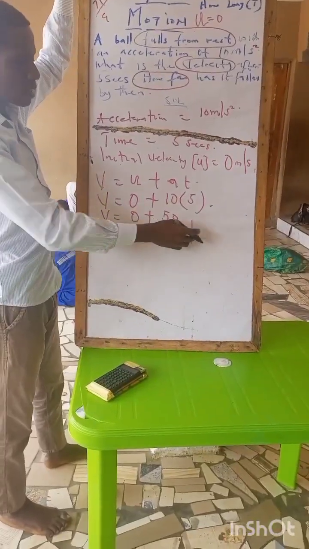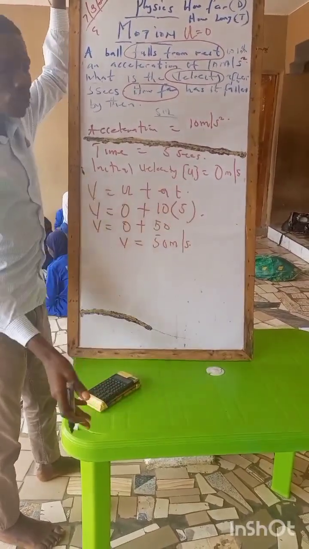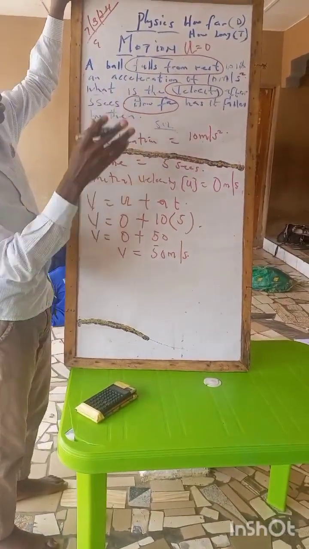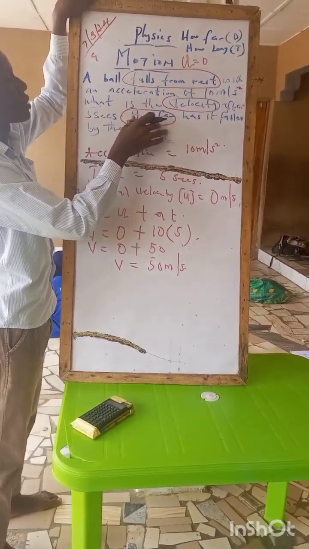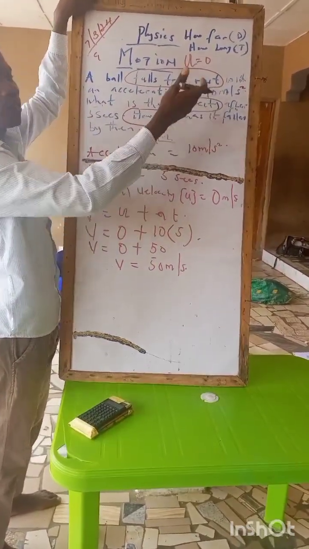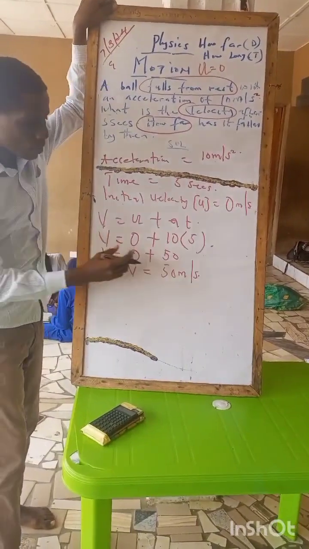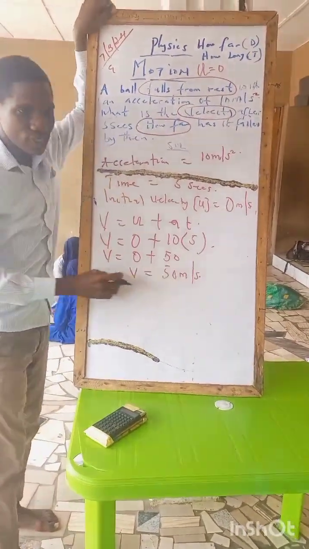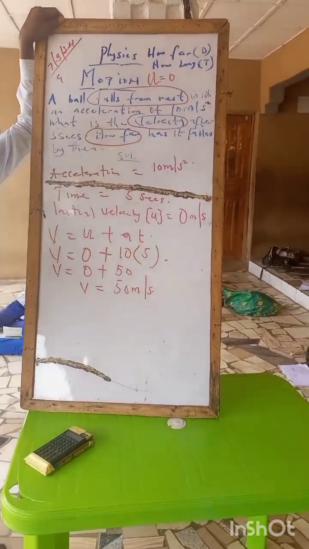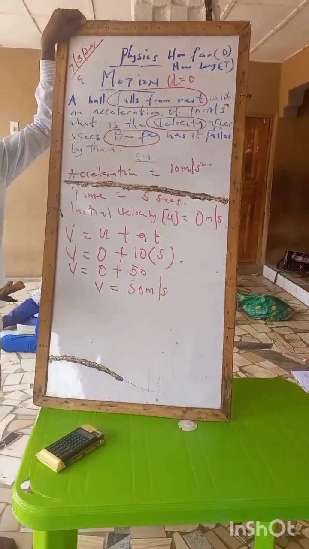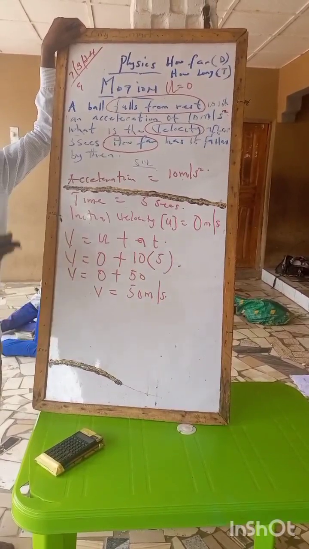This will be a catapult for us to get another answer to the question asked in the calculations. It asks, how far has it fallen by then with this velocity? We have two things in physics: how far and how long. How far depicts distance, and how long connotes